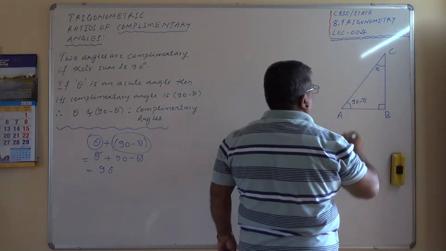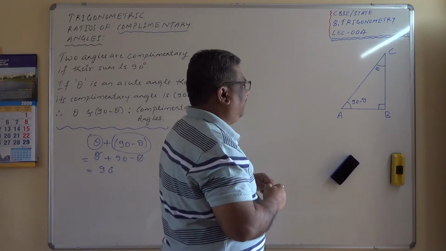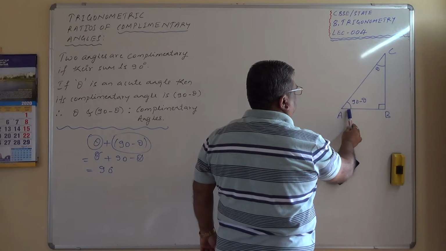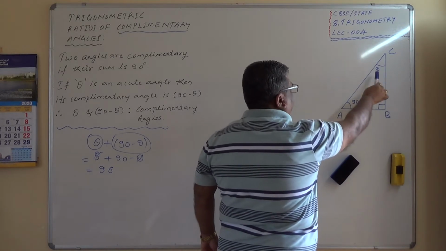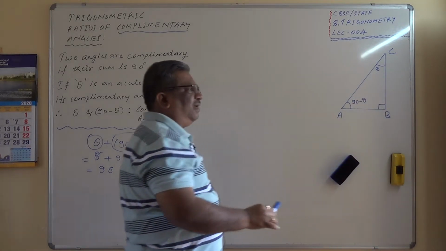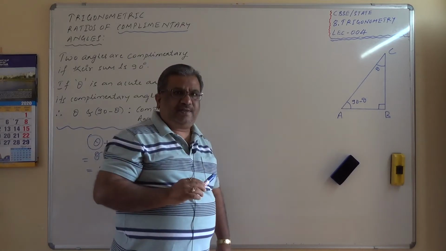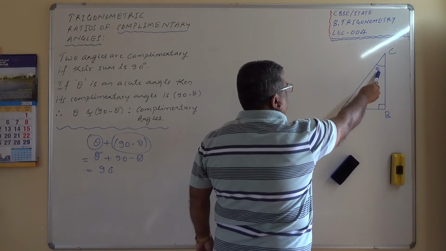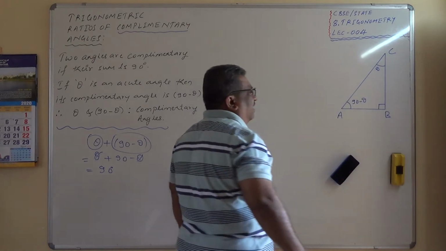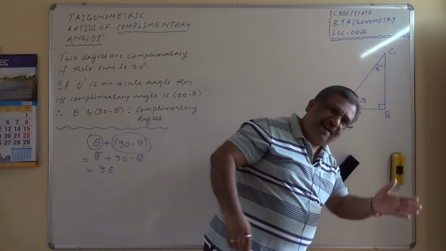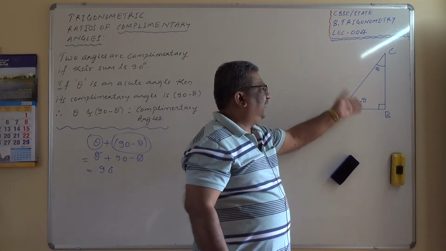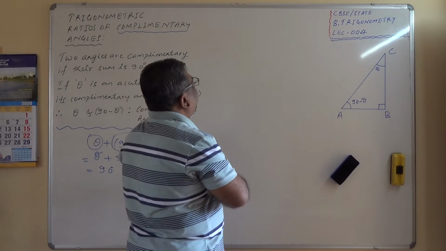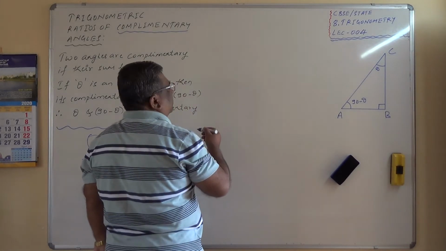Why did I choose like this? It is easier to have a reference angle over here than over here, for teaching as well as for students. So let me take this as 90 minus theta. That means if this is theta, this is 90 minus theta. Otherwise, to take the ratio we would have to do it in a roundabout way, which is why I am taking this as 90 minus theta and this as theta. Let me take the T ratios of complementary angles now.